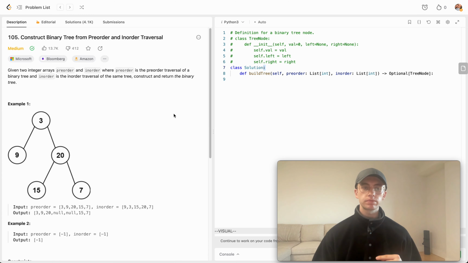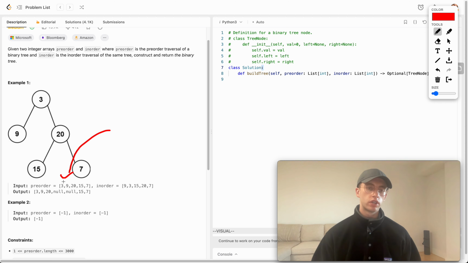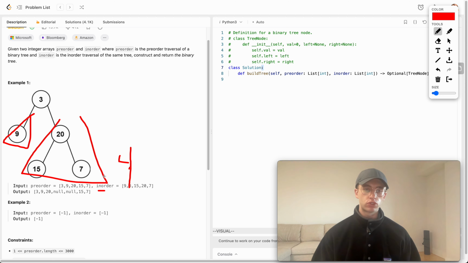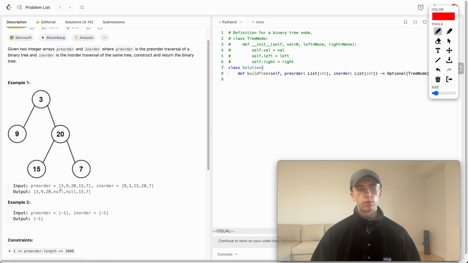And so to do that, what preorder is good at is we know that the root is always at the front. Okay, so we see that 3 is a root, and it's actually at the front. What's cool with inorder is we know that the root is always kind of in the middle here, and everything to the left of it is in its left subtree, and then everything to the right of it is in its right subtree, right? So 15, 20, and 7, that's on the right, and then 9's on the left from this root node. Okay, and so using this information, we can basically always see,